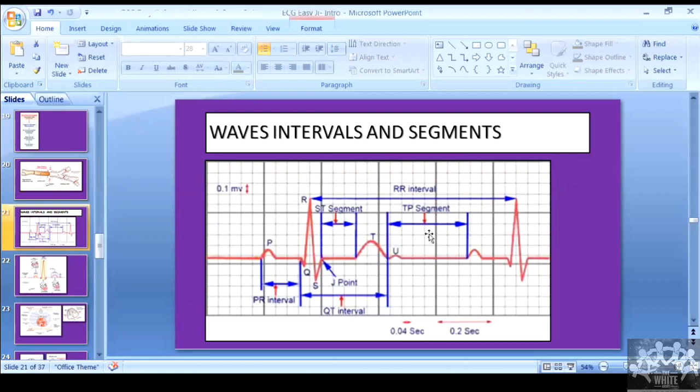Otherwise, when the heart rate is somewhere around 60s to 70s, physiologically you can have these U waves. If it is more than 1.5 millimeters, they become very significant. At that time you will have to look at secondary causes, if there are any. Most common is to look at electrolytes. That is about the U wave.